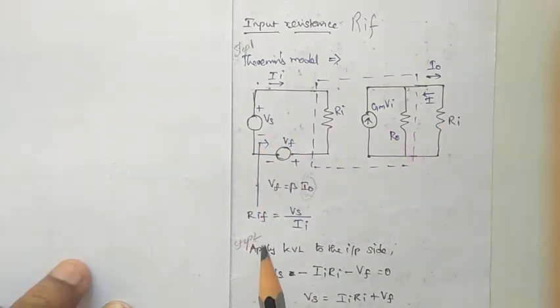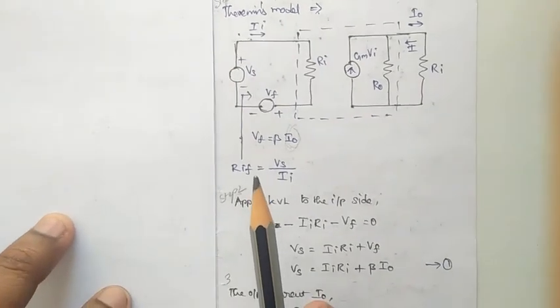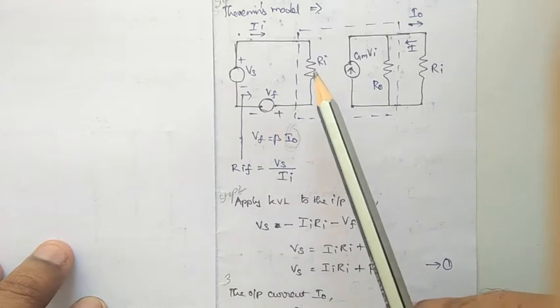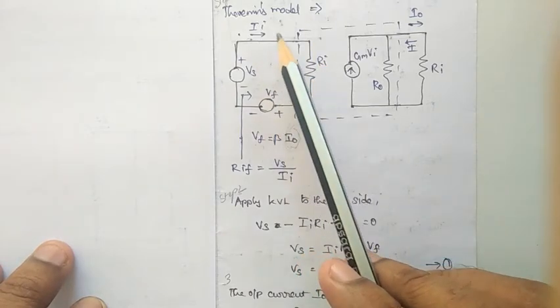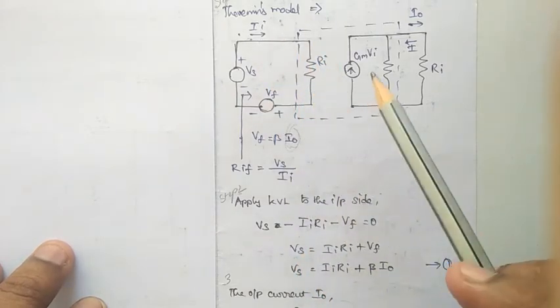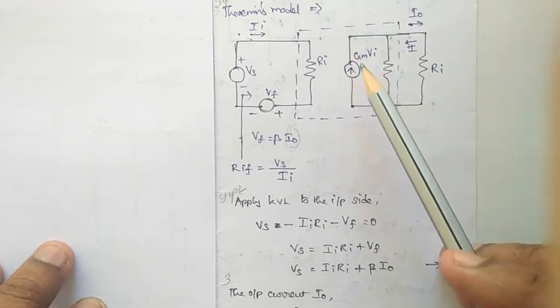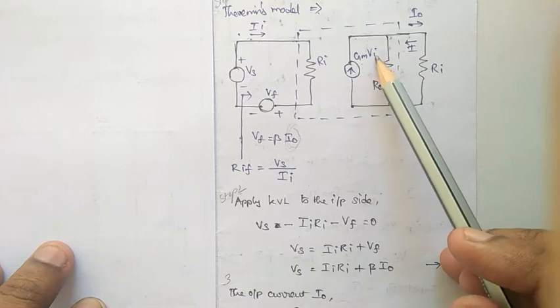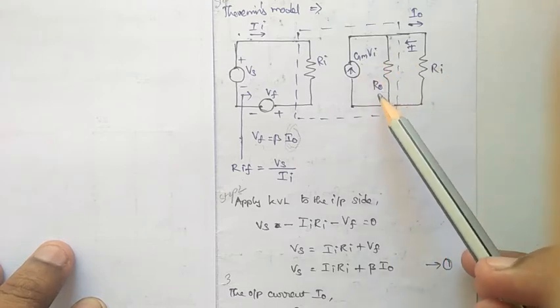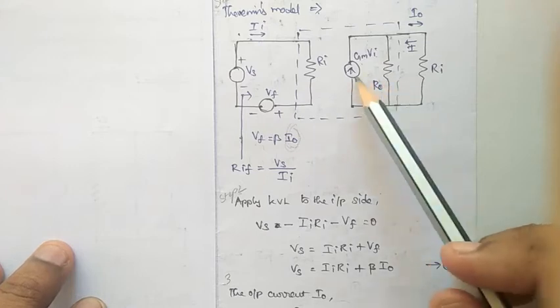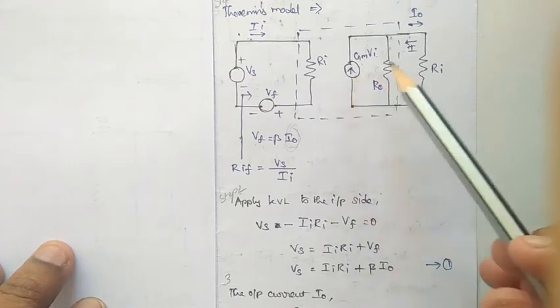equivalent model. In this diagram you can see the source voltage, the feedback voltage, the input resistance, and the input current flowing through the transistor. On the output side we have the current source, which contains the parameter transconductance and the input voltage. RO is the output resistance of the transistor. These two are in parallel because it is a current source, and